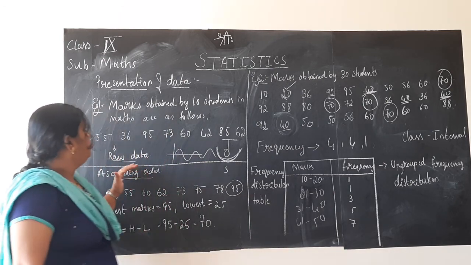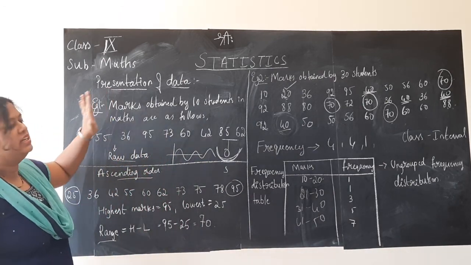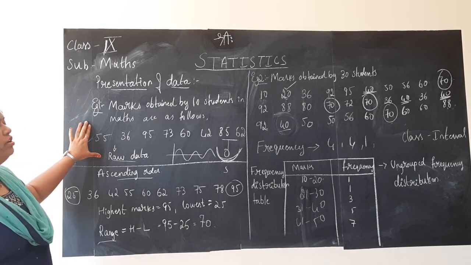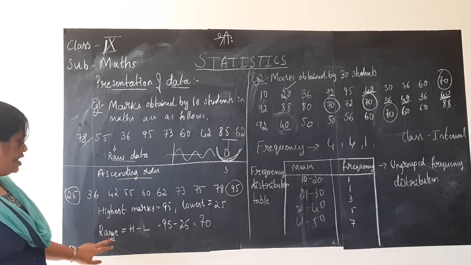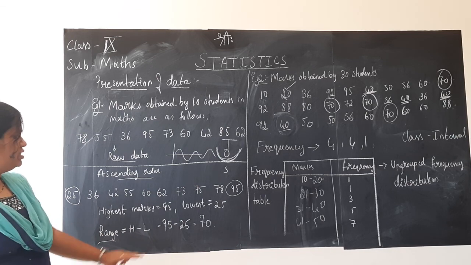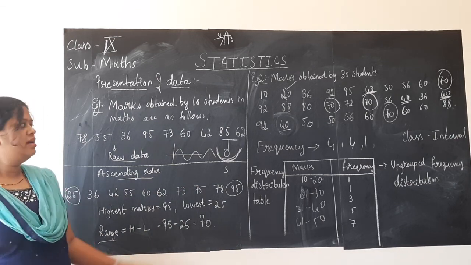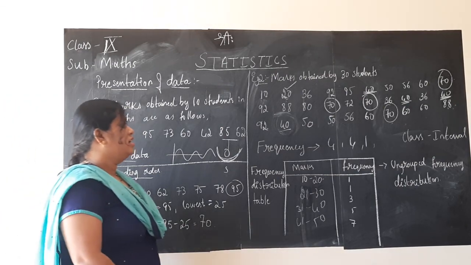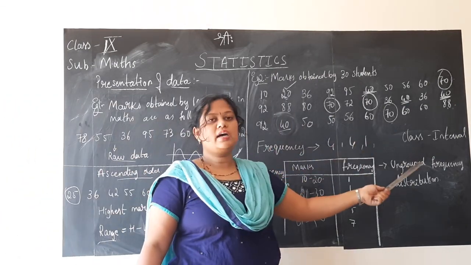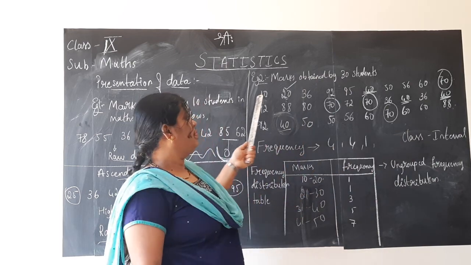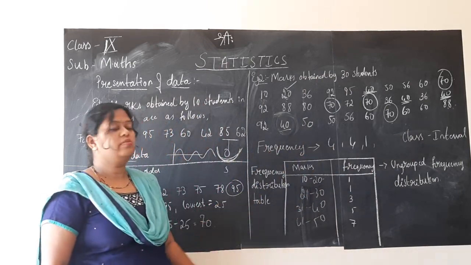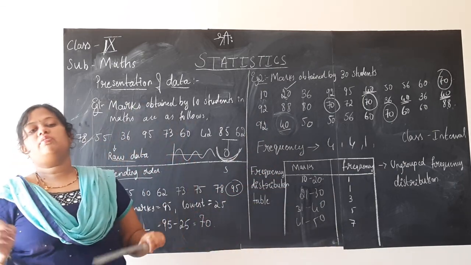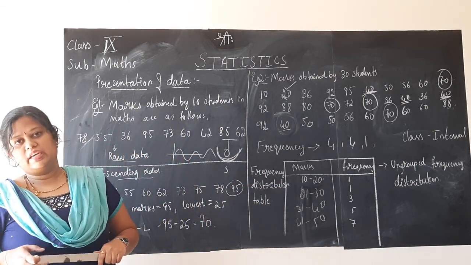So what we learned today is how to present the data. We learned presentation of data when less information is there. And we learned what range is, which is the highest score minus the lowest score. The initial data that we have is called the raw data, and if the given data is large, we learned what frequency is, and how to represent the large information in the form of a frequency distribution table.